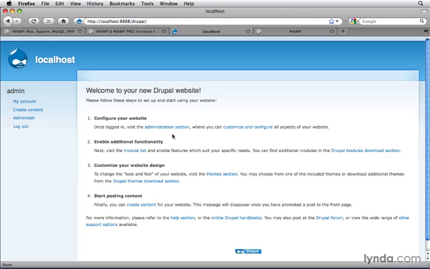MAMP and MAMP Pro both seem to have this issue, but not the Acquia Drupal Mac installer we use throughout this course. I'm not saying one is better than the other, just the default settings for MAMP are not optimal for Drupal, so a small tweak was necessary. Knowing Drupal's minimum requirements is important when installing it anywhere, even locally.